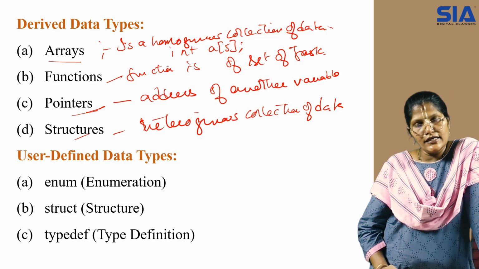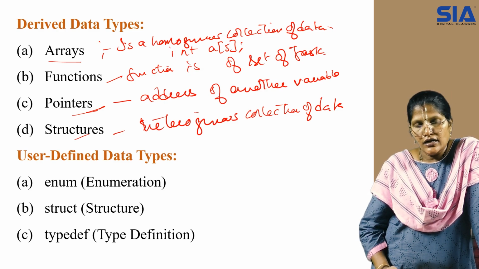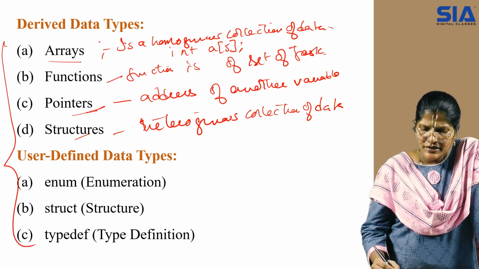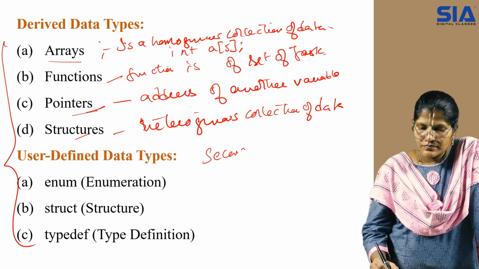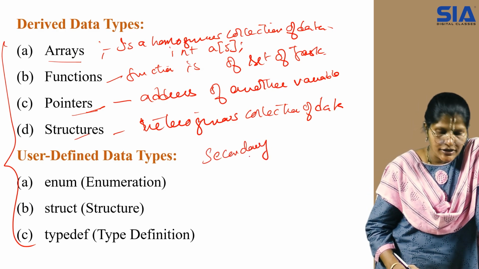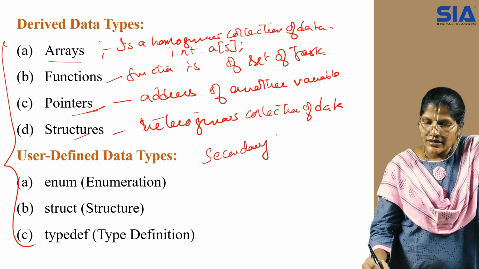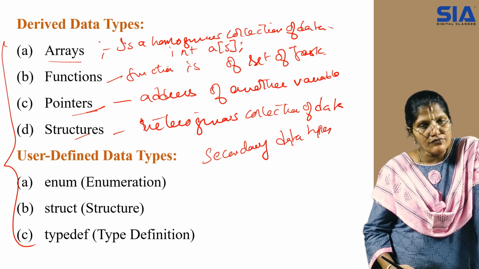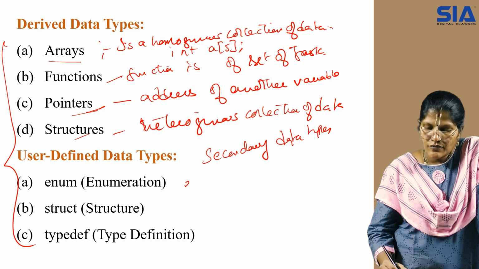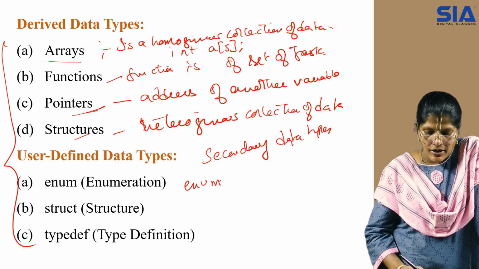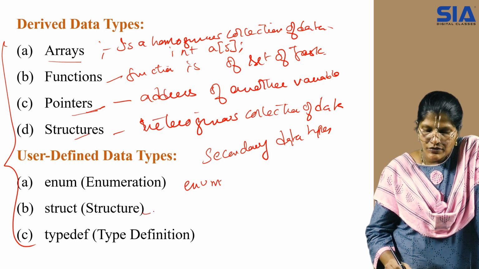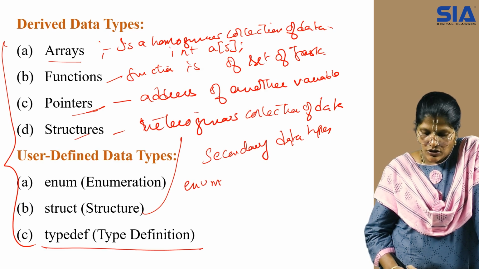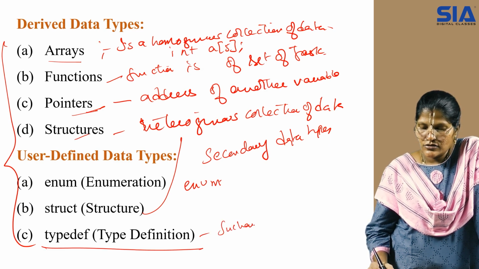Now what are user defined data types? Why are we coming to structure again? There is a broad classification here. They can all be treated as secondary data types. The broad classification of data types is primary data types and secondary data types. In that, you can consider these as derived data types and these as user defined data types. When we talk about enum, enum gives you the list of values belonging to a family of certain variables. Structure, we already mentioned, is a heterogeneous collection. Typedef is used in order to declare declarations, either of a function or of classes within C.